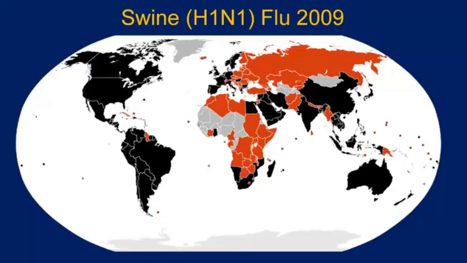So a good example of a pandemic would be the swine or H1N1 flu from 2009. We can see all throughout the world, numerous continents, this particular disease was found. And just to help you out with the colors, if it's colored black, it means the H1N1 is present. If it's red, it means it's pretty much assumed it was there. And if it's gray, no, it's not there, or there's no data.